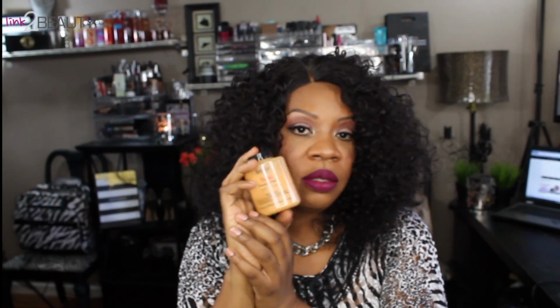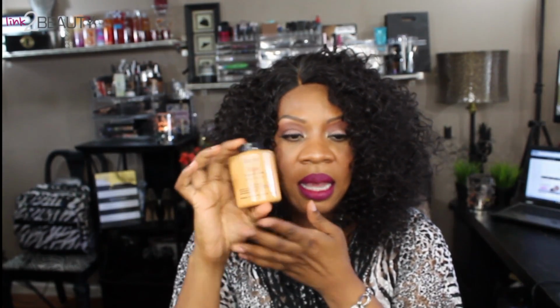Now, I've been using the Topaz for quite a while. The Topaz does work for me, but it doesn't give my skin an actual highlight. It just finishes around the eye. Like if I put a highlighter on, a lighter foundation, and then I set it with this, it basically blends in really good